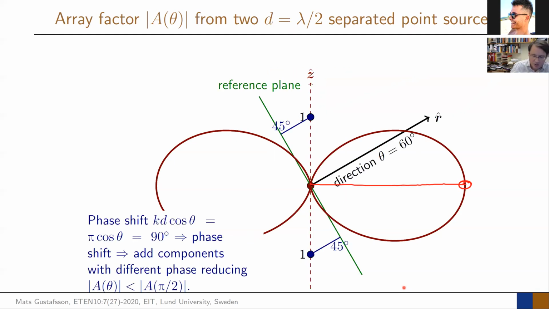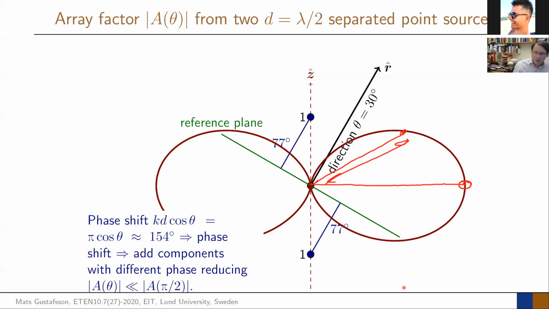If I go to 60 degrees, I get lower radiated power, because now I only get this distance here. So this is the radiation pattern that sits there, which is lower than it was for pi over 2 or 90 degrees. And of course, if I want radiation at 30 degrees instead, I have almost no radiation,